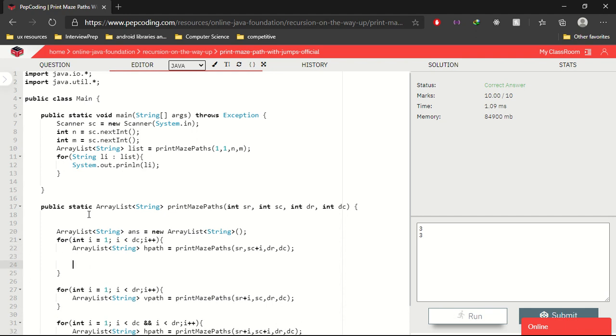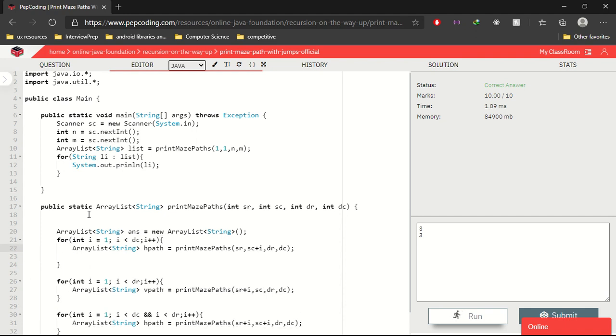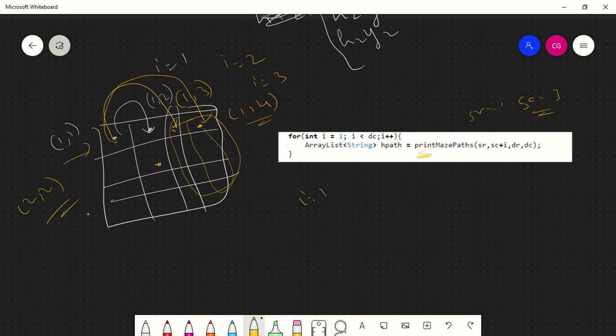What happens is, from here we have called a recursion function while i is equal to 1. So we have received all the solutions from here to here. Now we are creating another array list which is answers, where you add this path to every solution which is coming from here.